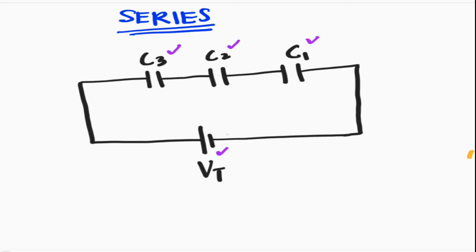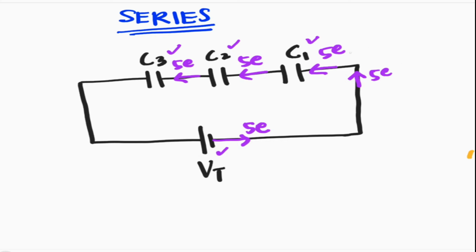So the battery will pump charge to all the capacitors. Let's say 5 electrons flow in the circuit. These 5 electrons move and accumulate on C1, and also on C2, and also 5 electrons accumulate on